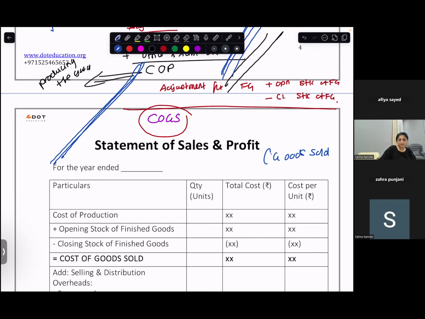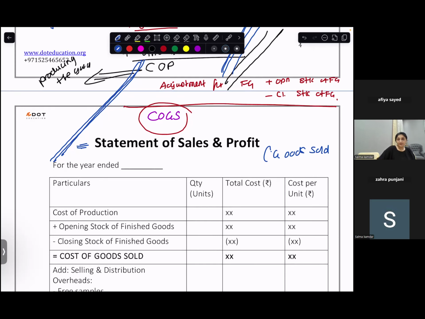I was looking at the book, no? The pro forma of the cost sheet, along with that only at the end this is written. It's not made as a separate statement. It is a continuation, darling, of the cost sheet. Yeah, but it's not written as statement of sales and profit. We will do sums. I will show you in your TYBCom. You will mention it as statement of sales and profit. And always remember, you will write sales dash dash dash units. So here when you're dividing, you will divide it by the number of units sold. I hope I'm very clear.